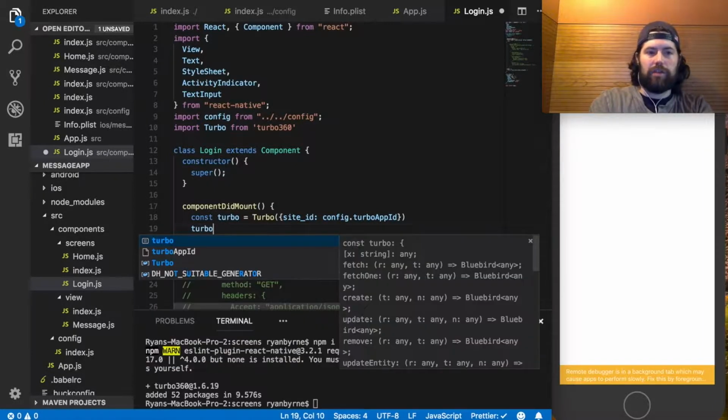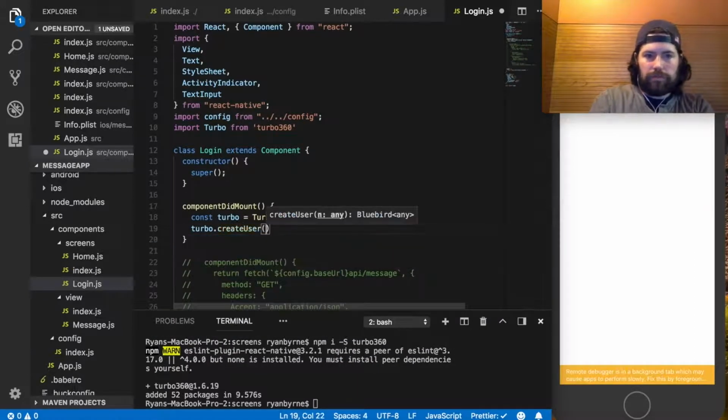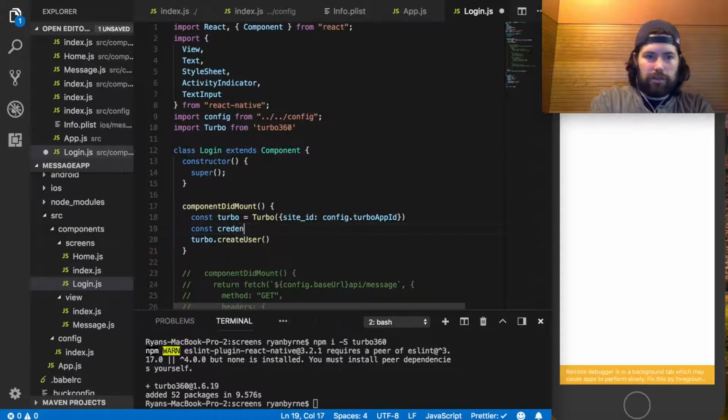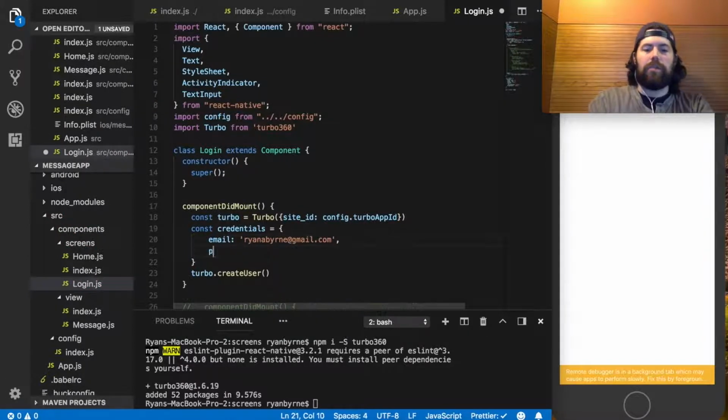So I'm going to say turbo.createUser, and I believe we have to pass in some credentials. So I'm going to say const credentials, name. I'm going to do it by email. And password is going to be,